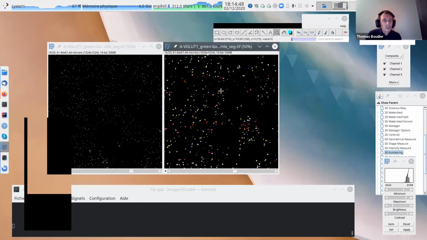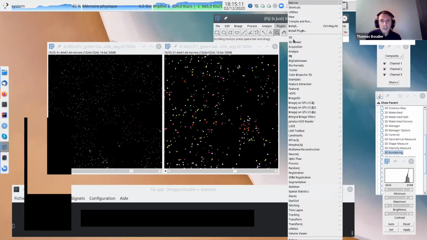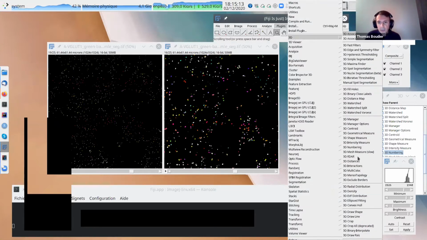So sometimes if you use 3D Manager to compute the colocalization, we need to add this image and then add this image and do the colocalization. It's like colocalizing this object with all these objects here, a lot of zeros, so you go crazy. It will take like days to compute. So if you just want to quickly compute colocalization, I'm not sure it's exactly the same algorithm as in Diana, but this one is quite good.